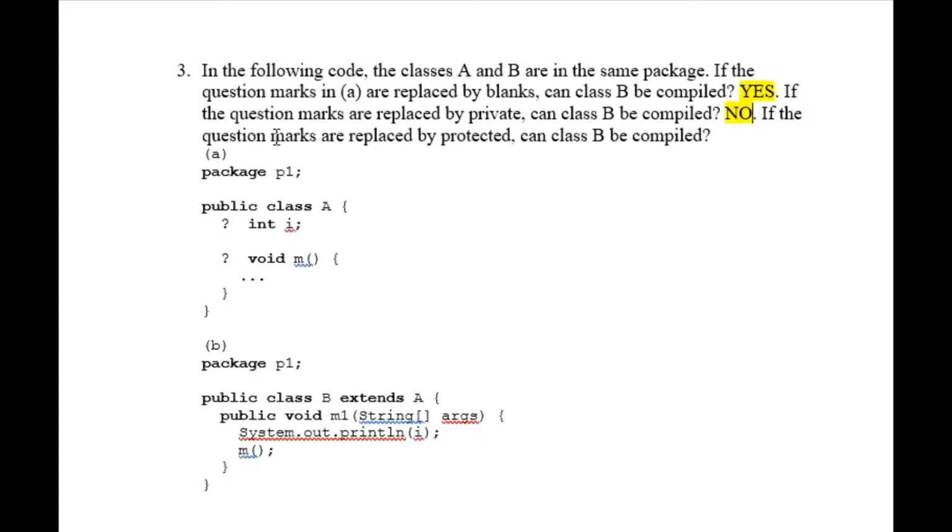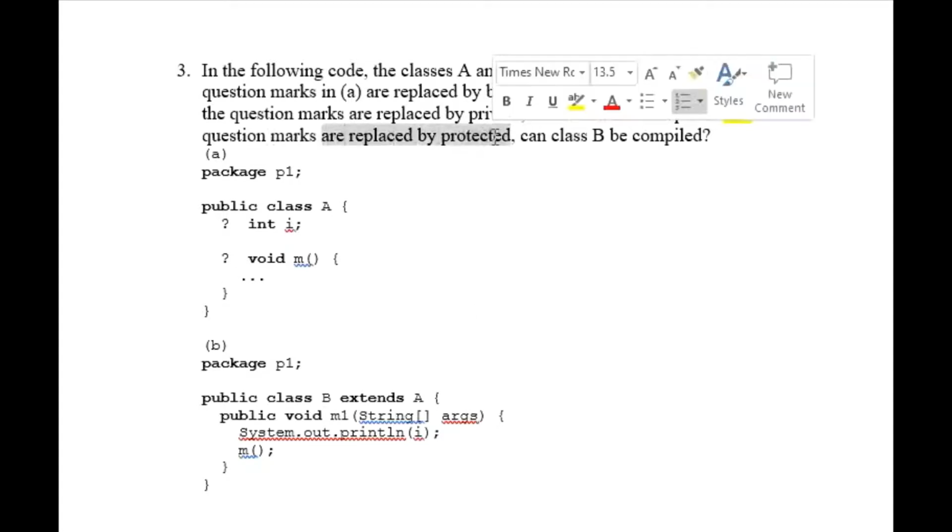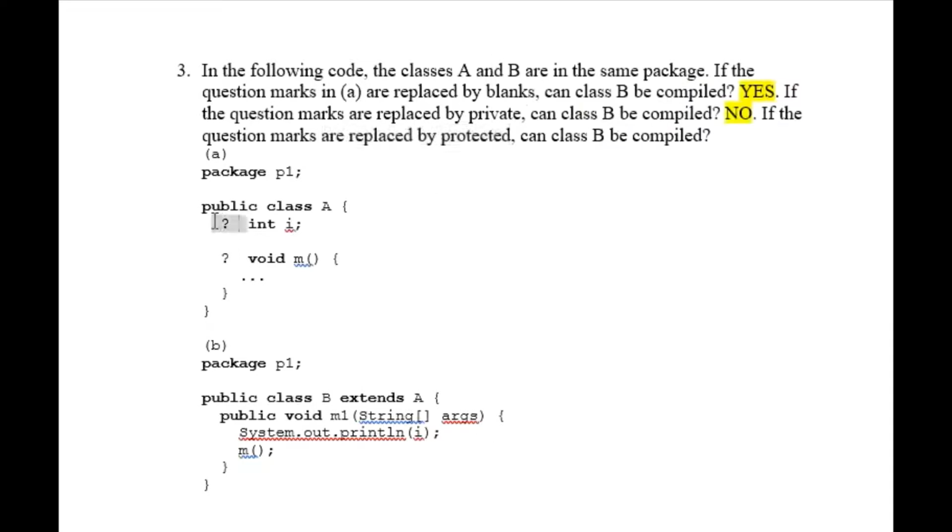Okay, if the question marks are replaced by protected, can the class be compiled? So here you write protected, here you write protected. Will this class be compiled successfully? Of course, we saw protected. Protected means the same class can access it, and a subclass in a different package can access it.